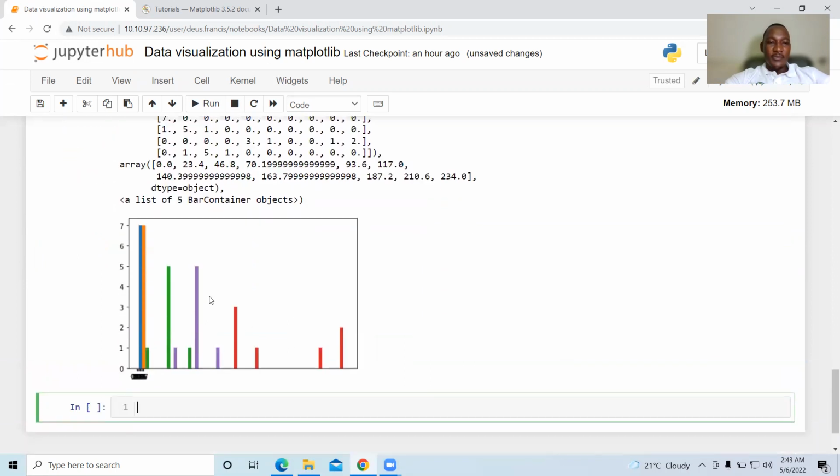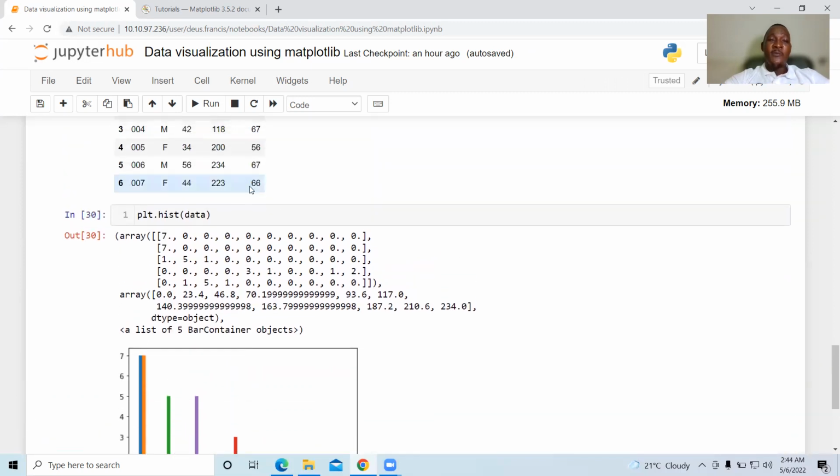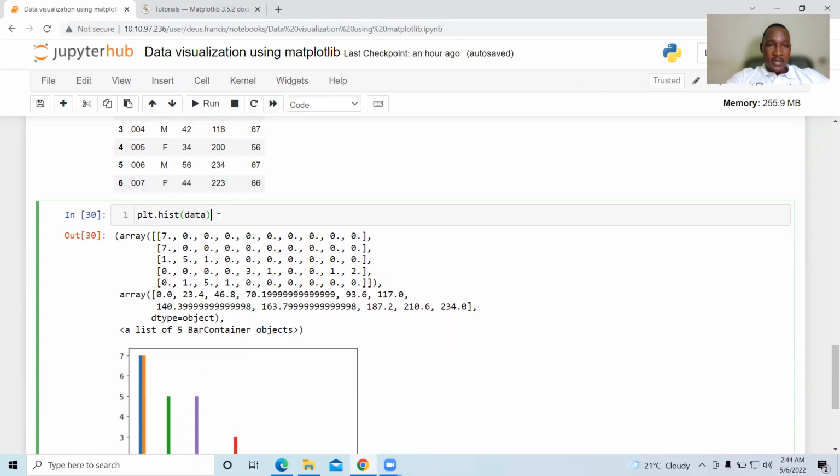Okay, so for now, a bunch of things just happens there. A histogram is a bar graph. Now these are the numerical values. So what it does is actually taking all these numerical values from your data and then go ahead and plot. Okay, that's exactly what it's doing. So that is basically not a good way to do it. So I'll say, no, I want